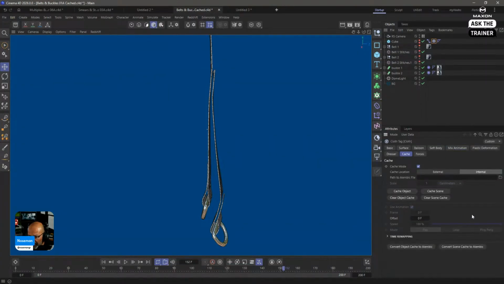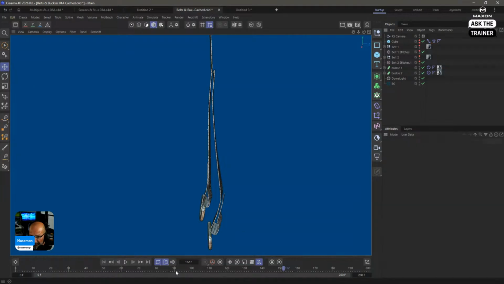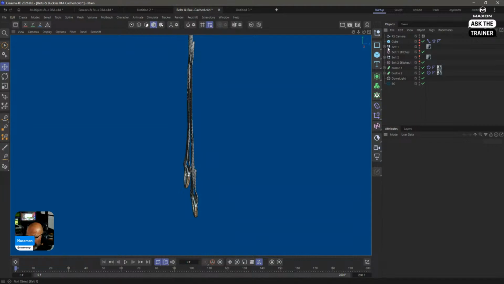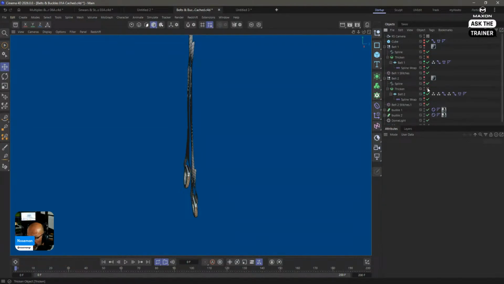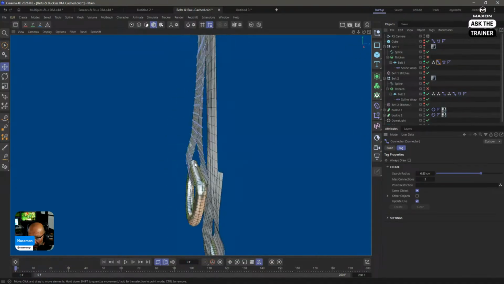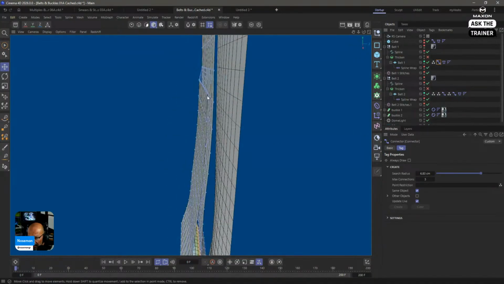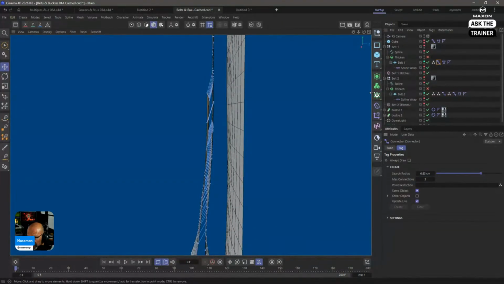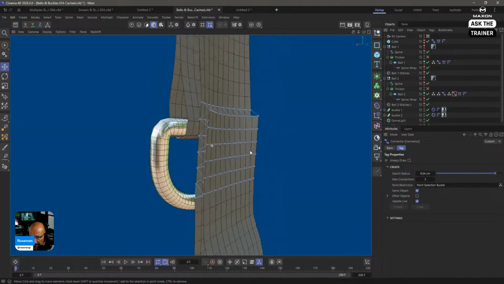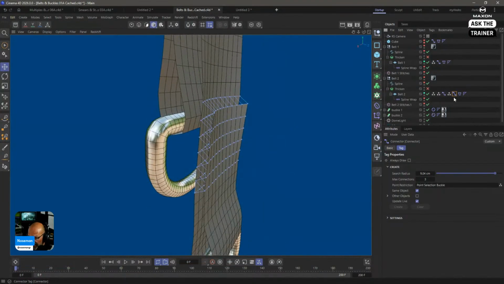If I remove the caches, clear scene cache, and rewind, and if I get rid of this and get rid of this, you can see that I have these connections across, and I have these connections. I mean, it works even with, look at that. This is what I'm expecting to do.